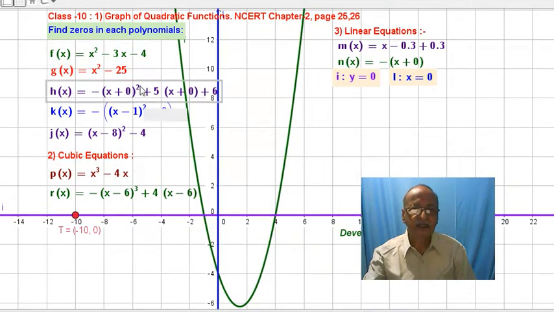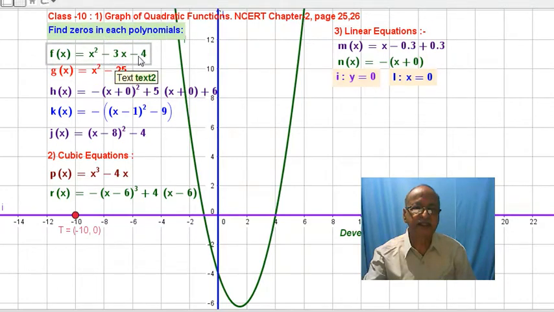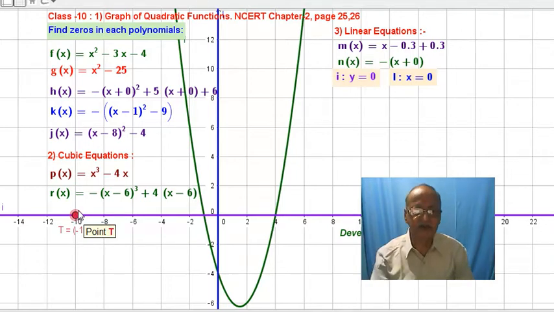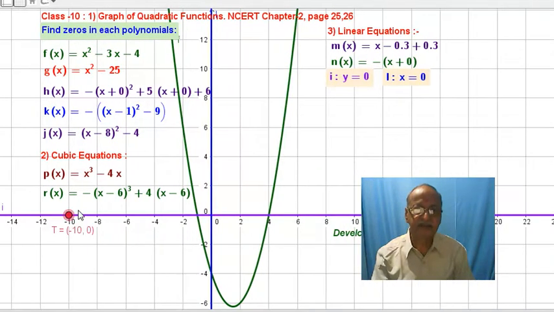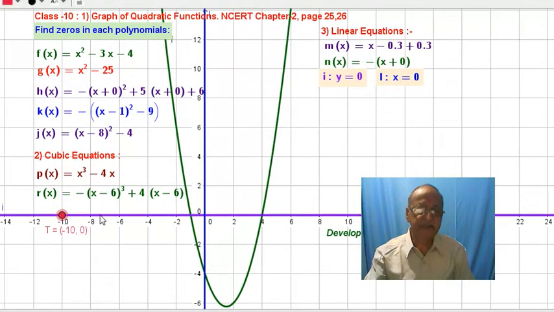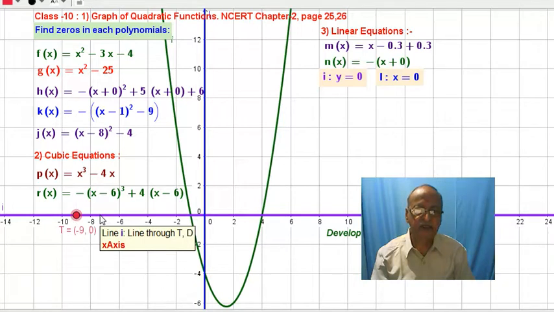Here we have seen. Now we have to find the zeros of each of the polynomials. Suppose x square minus 3x minus 4 is equal to 0, which is a kind of equation. So what will be the value of zero here? It means the value of f(x) is 0, which means the point of intersection of this parabola with the x-axis. There y is equal to 0. On the x-axis, y is equal to 0. Let us check what we are going to do here. We are selecting this point and bringing it to the intersection